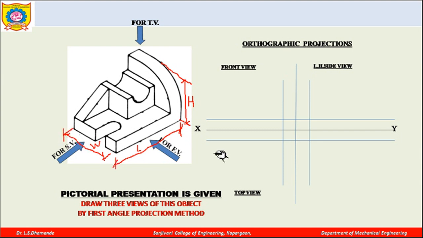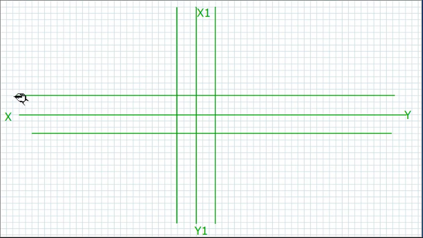Now, to construct the front view, I am going to observe the object from this direction, so I will get the length and the height of this object. So I have to prepare a block here which will give me the height and length of it. In the top view you will get the length and the width of this object. So let us do it by drawing the same.